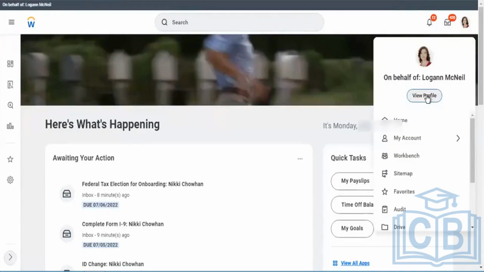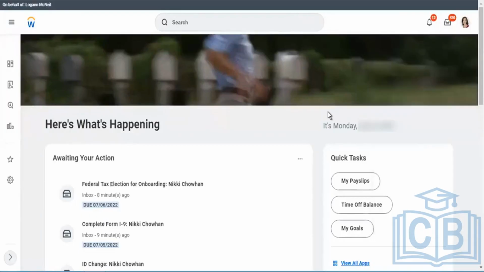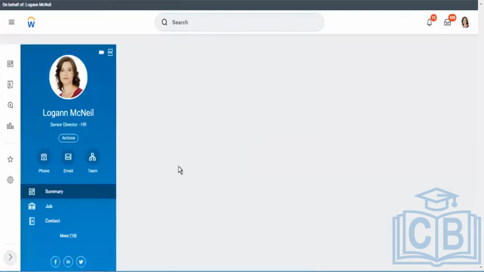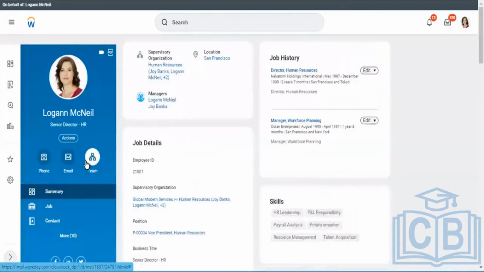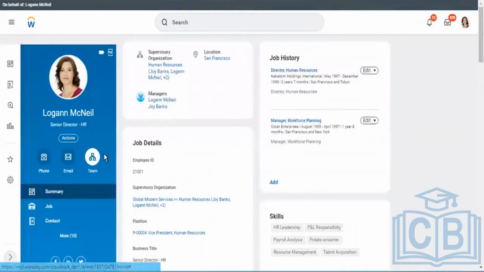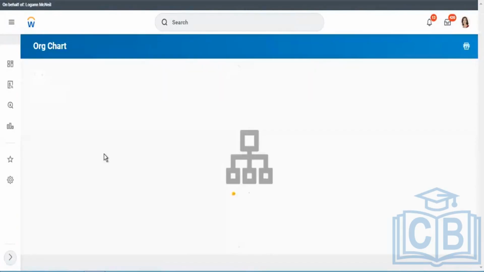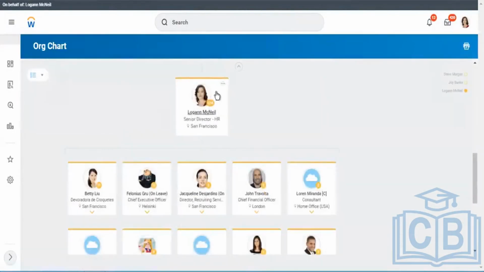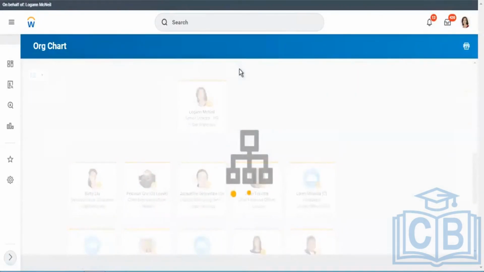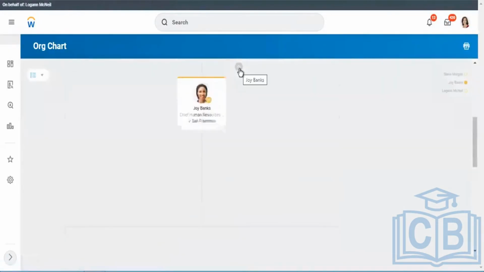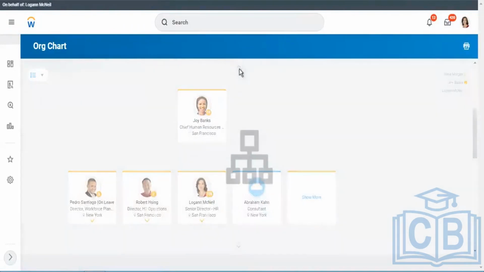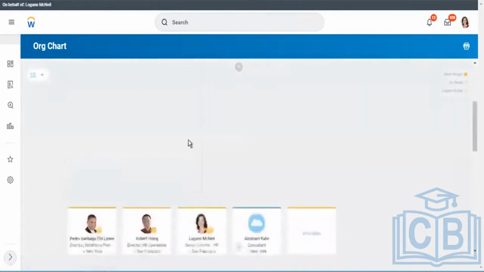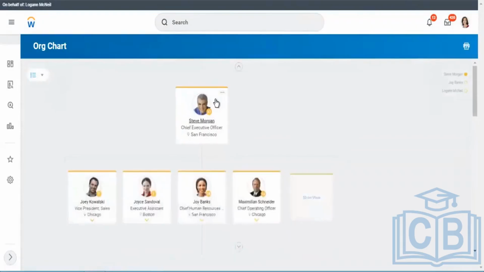Let's say you go to organization hierarchy, and we take an example. This is a kind of organization hierarchy.